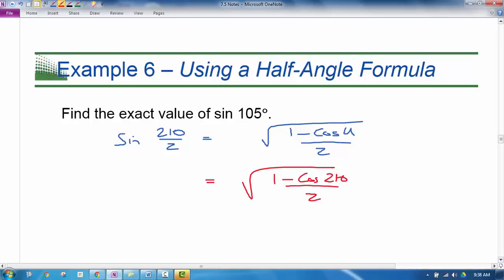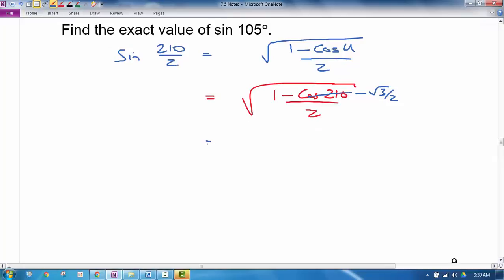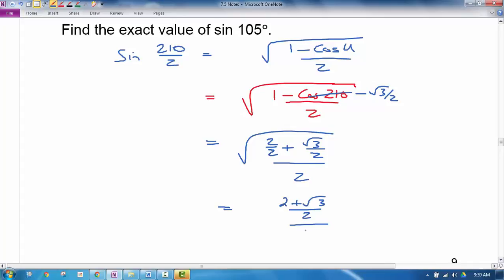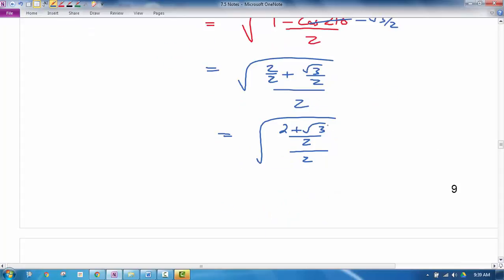Now, the cosine of 210 is on our formula sheet, or on our unit circle. It's negative square root of 3 over 2. So let's make this 1 minus, double negatives go positive, square root of 3 over 2, all over 2. So let's get a common denominator here. 1 is 2 over 2. So this simplifies to 2 plus the square root of 3 over 2, all over 2. So now I'm going to move this 2 to the top, and multiply by 1/2 instead of divide by 2, in which case I get the square root of 2 plus the square root of 3 all